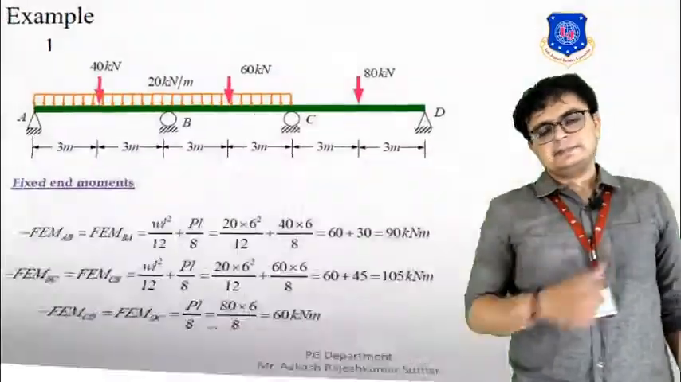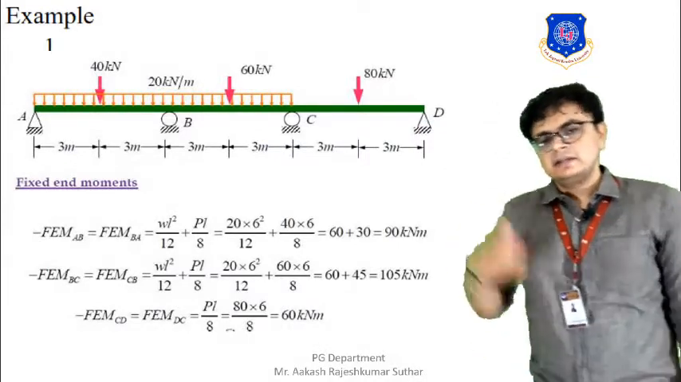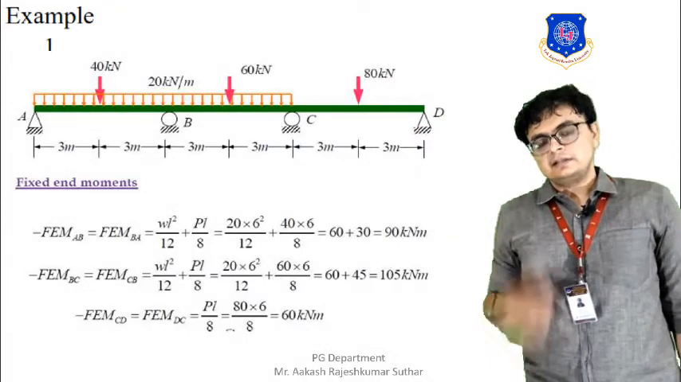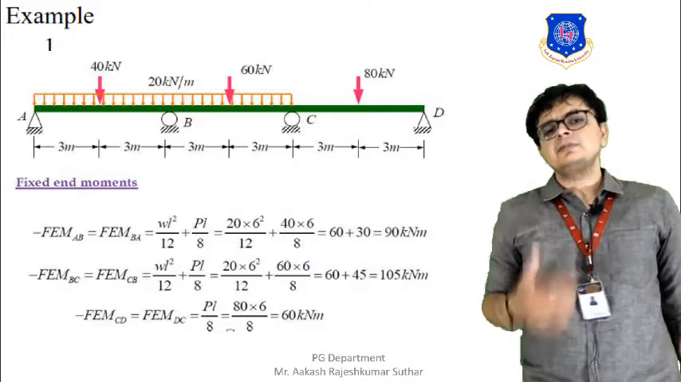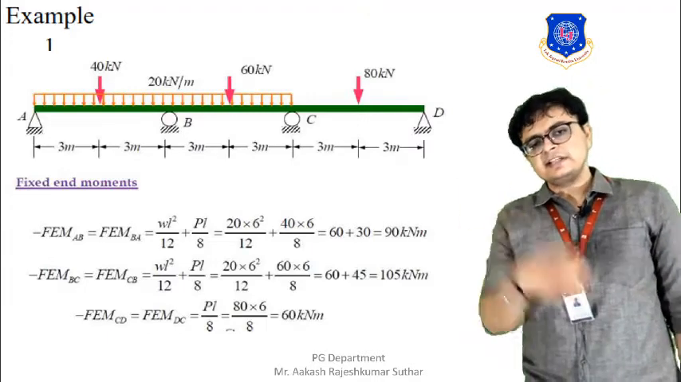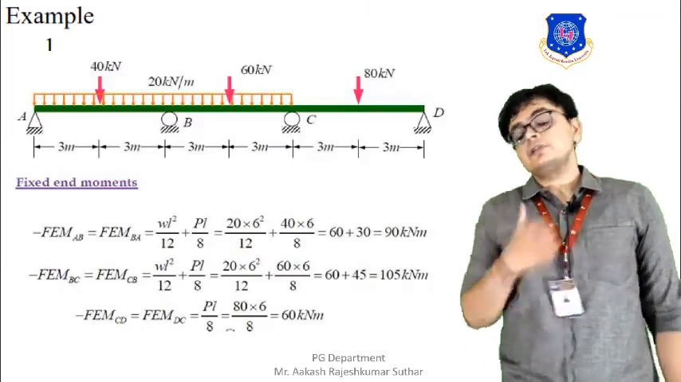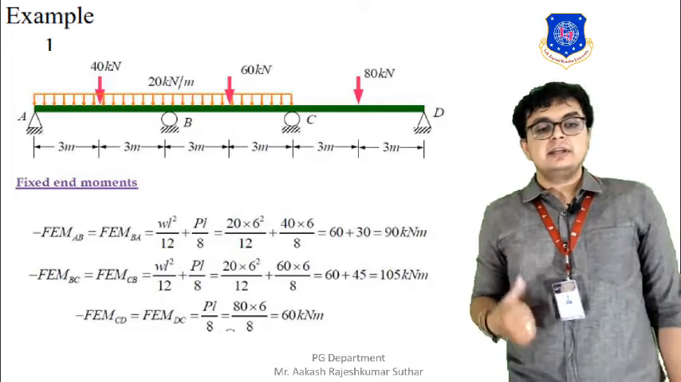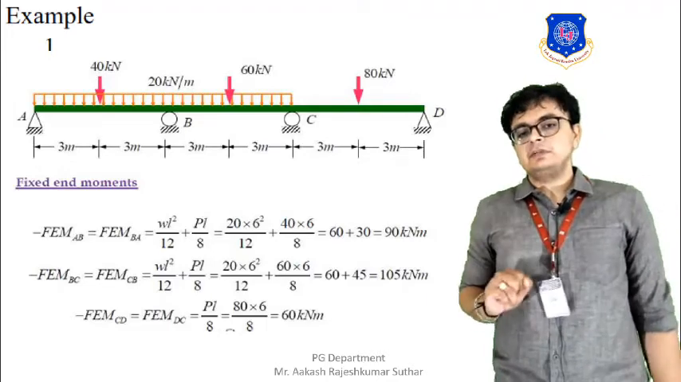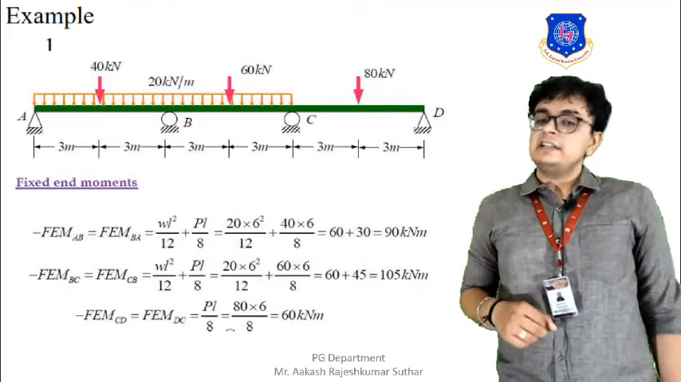For example, you can see over here that we have a continuous beam, not simply supported but continuous. You can see over here that it is a 3 span beam, it is having a roller support and a hinge support also. At joint A we have a hinge support, at B and C we have the roller support, and at D it is a